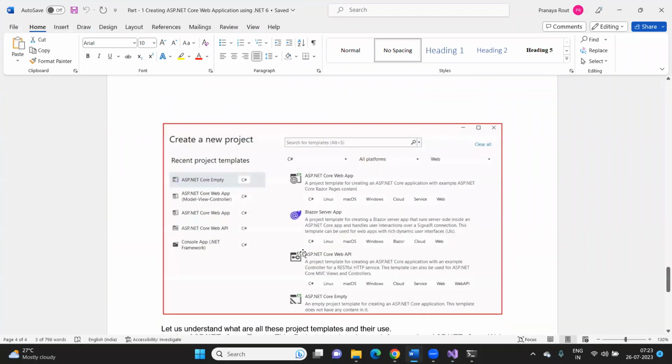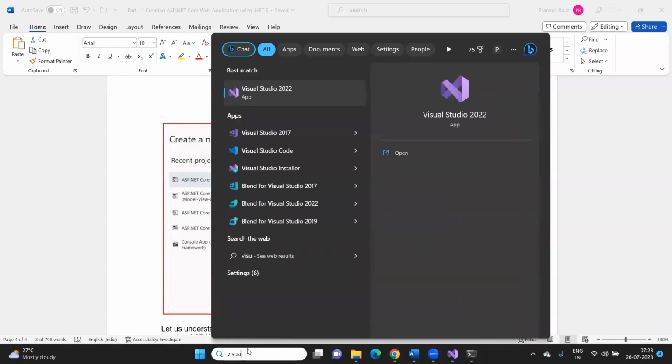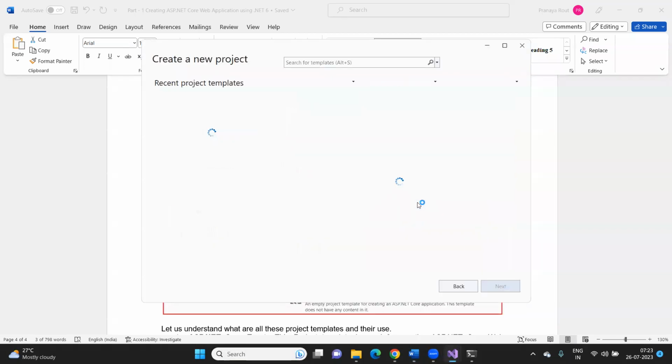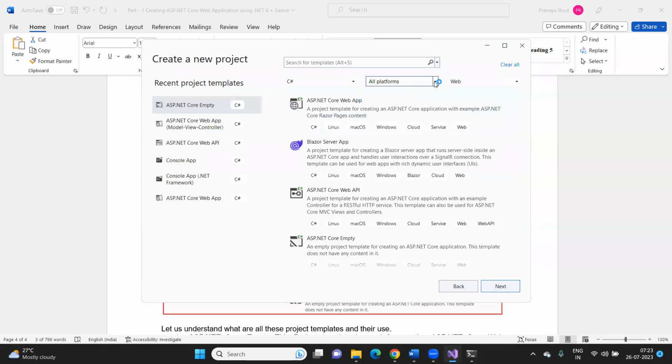Now, while developing an ASP.NET Core application, we have many project templates for developing web applications. For example, if you create a new application, let me select web. You can see ASP.NET Core Web app. What is the use of this ASP.NET Core Web? If you want to develop a Razor Pages application, you need to use this template. If you want to develop a Blazor server app, you have to use this template. If you want to develop RESTful services, you have to use the ASP.NET Core Web API